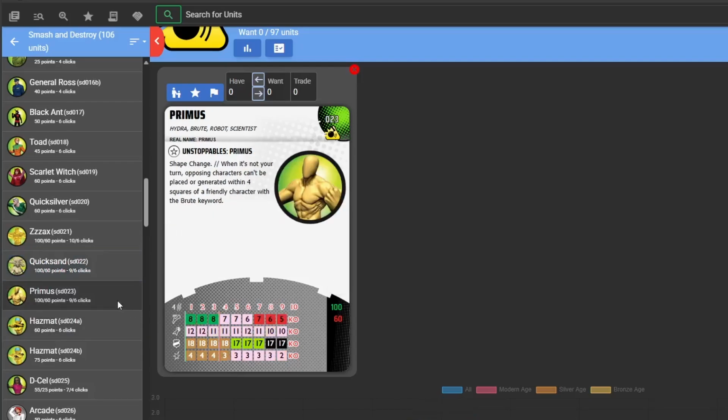023, we have Primus. Primus is Hydra, Brute, Robot, Scientist. Unstoppable's trait, Primus. This is shape change traded. When it's not your turn, opposing characters can't be placed or generated within 4 squares of a friendly character with the Brute keyword. I'm going to have to check a quick ruling on this